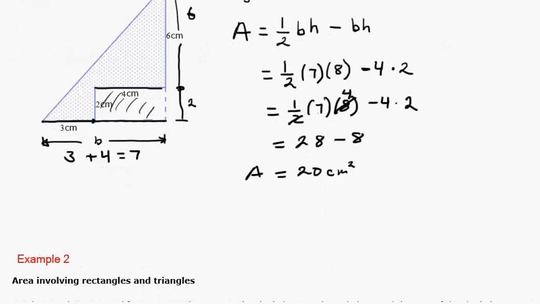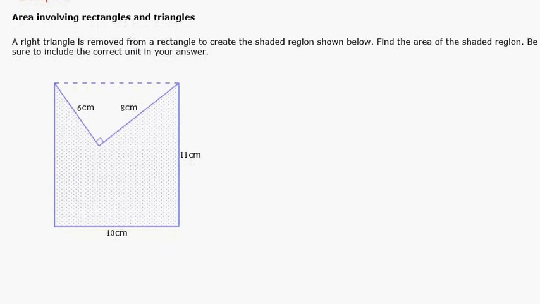Okay, so that's all we're doing. Let's take a look at another one. Here's the area we want to find, the shaded region, but here's a triangle. Now notice that because this is 90 degrees, we could almost redraw the triangle like this. That's a good place to do it. If we redrew the triangle like that, where this is 90 degrees, then the height would be 8 and the